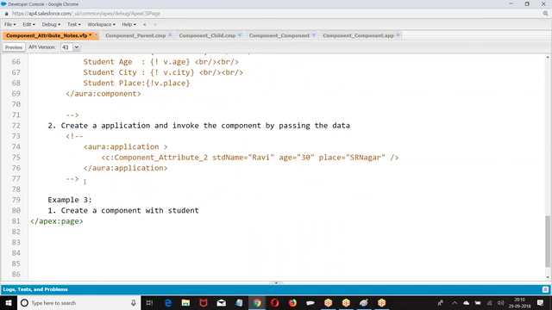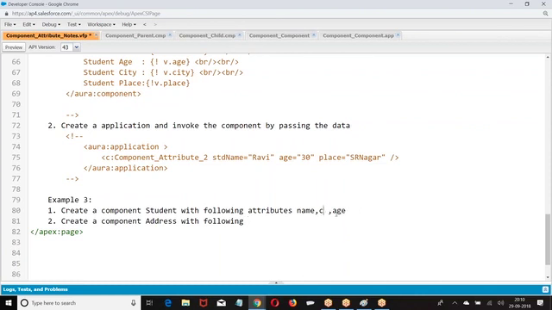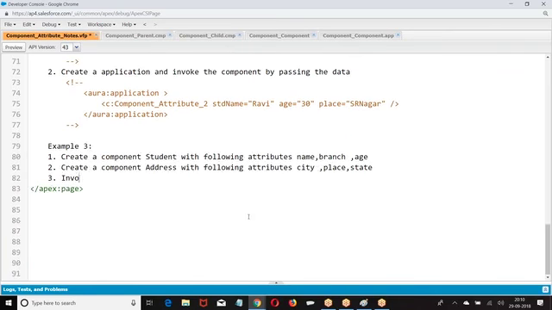Component with... create a component... invoke the... create a component info which will invoke student and address.